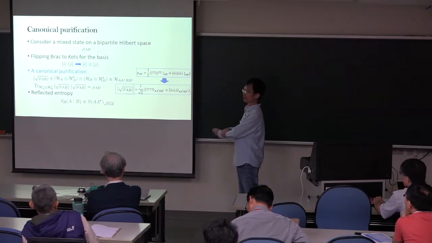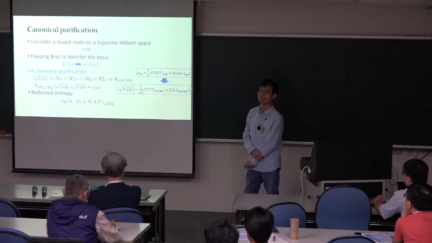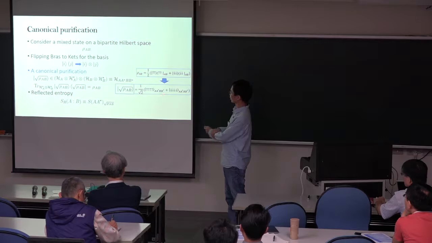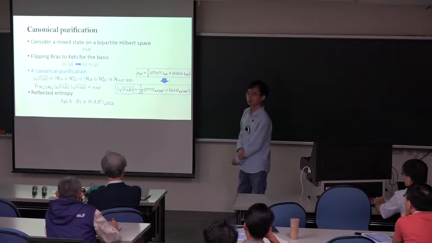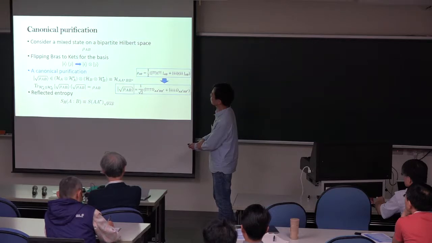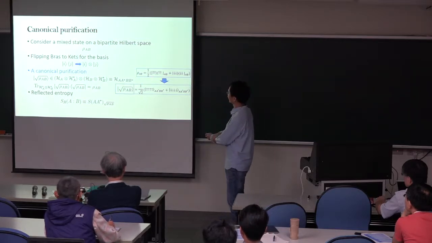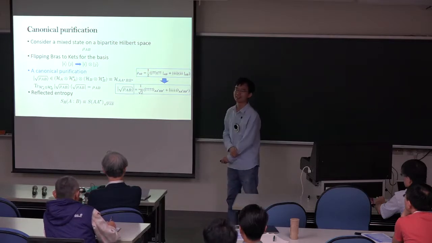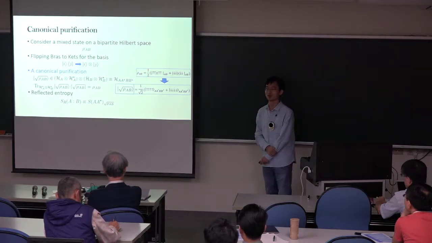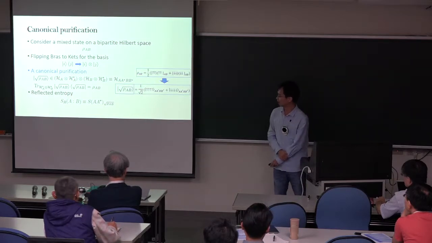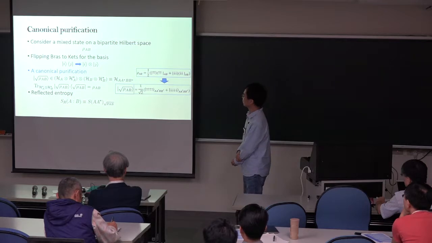You can do the canonical purification, you get the Rho. Just double the Hilbert space, you get a pure state. And you trace over this A prime, B prime, you go back to the B. Right? You might wonder why you put the square root, there's a funny square root here. Simply, again, because there's a 1 over square root of half. This square root just means the square root of the matrix coefficient. So all this can be done for any given mixed state